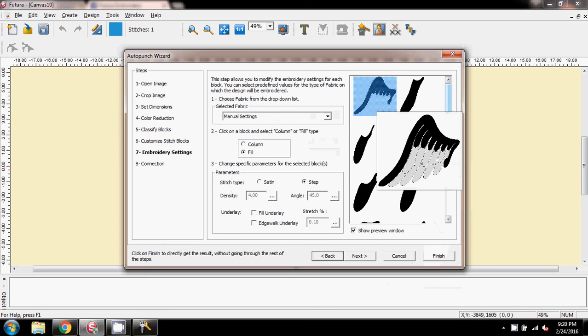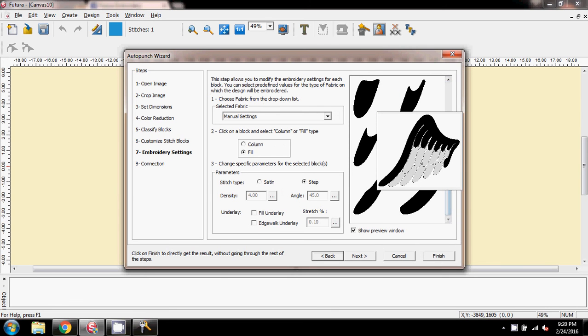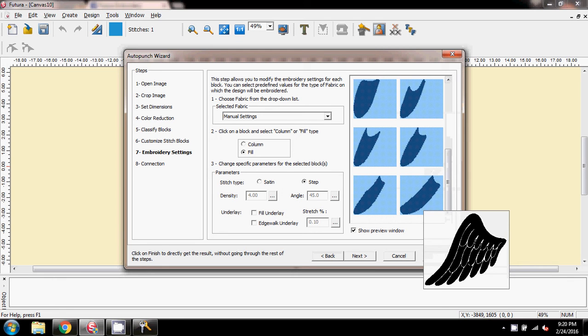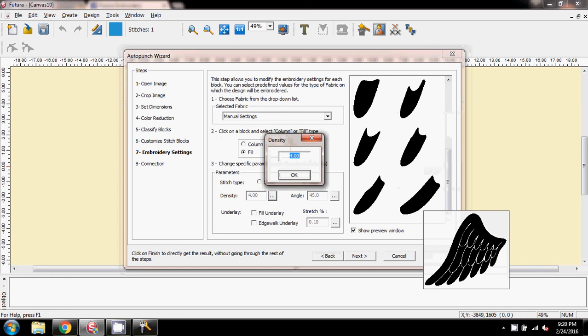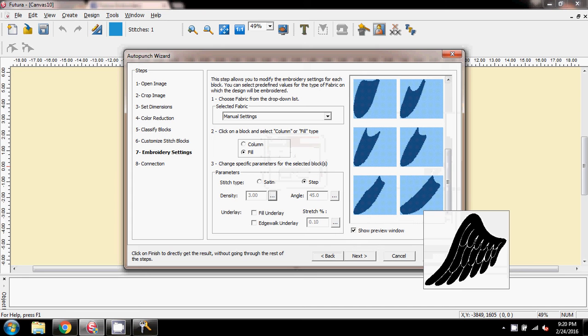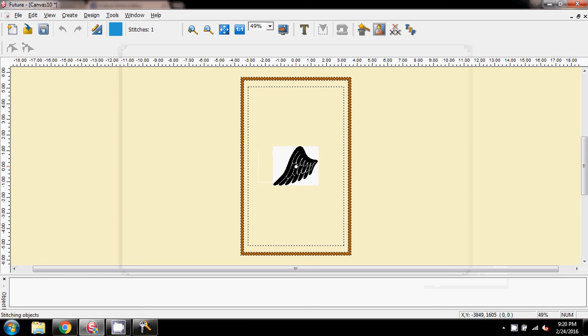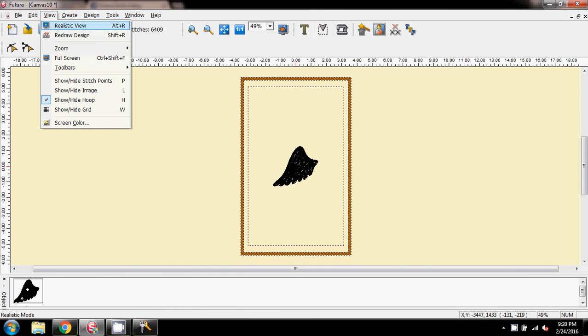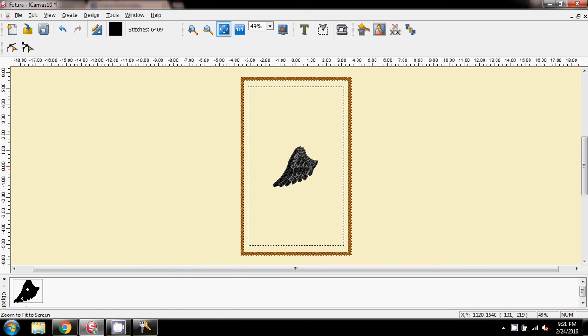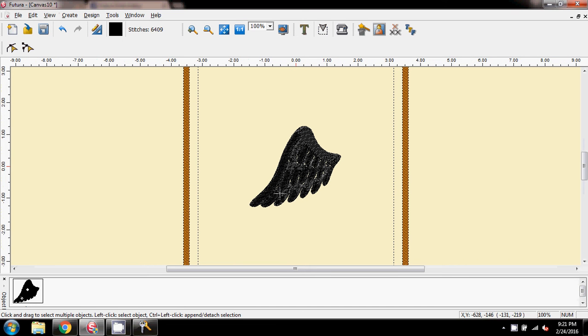And for this, I'm going to pick the first one, shift key, pick the last one. Although we're going to be removing these, I'll put in let's say an edge walk underlay and finish that so we get it on the screen. And realistic, and this, so you've got the solid wing at the moment, which I know is not what you're wanting,